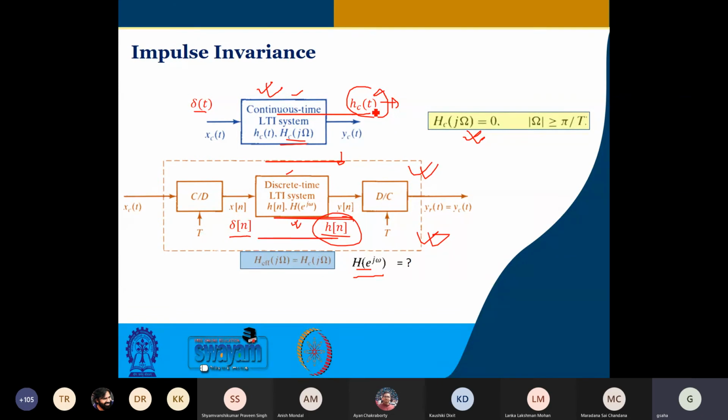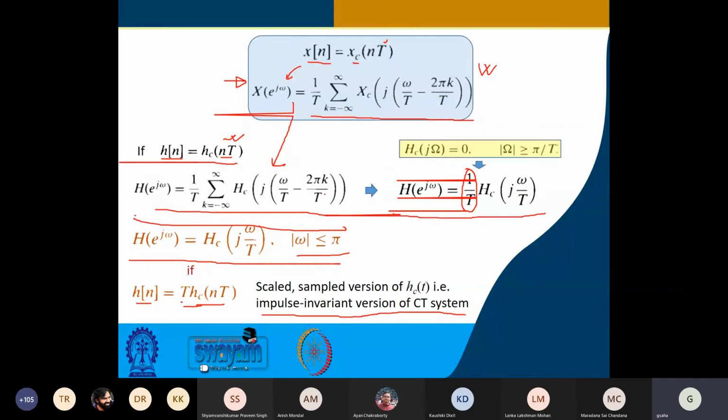Now, if this h_c(t) is not finite, I mean, it will continue to infinity, you'll be truncating it, then there will be issues. So that issue is there otherwise also, and for which it will be less than perfect. But if it is within toleration, within the error that you can accommodate, you are fine. Is it understood? Anyone has any question?